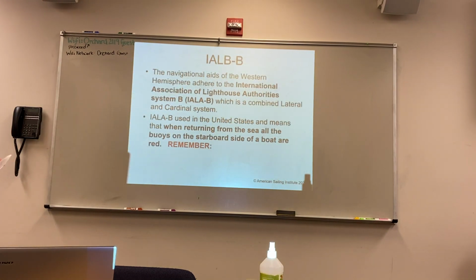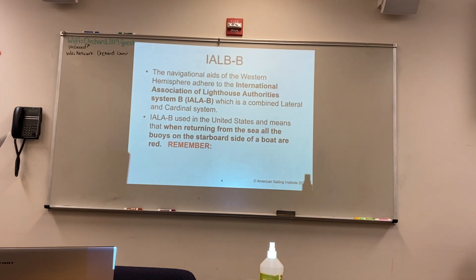So, first thing I'm going to say is that the convention, the standard, the system that we use is called the IALA B region system, which stands for International Association of Lighthouse Authorities, and in IALA B, what that means is there's a certain convention in terms of determining what colors on the right, what colors on the left. There is also an IALA A, which is the opposite of that, and there are a few other systems that are used in certain locations around the world. But our system, and pretty much anywhere in the U.S., the Western Hemisphere, especially around the Great Lakes, is always going to be